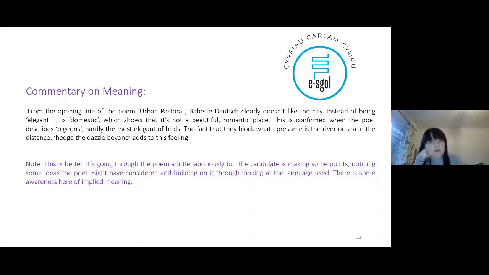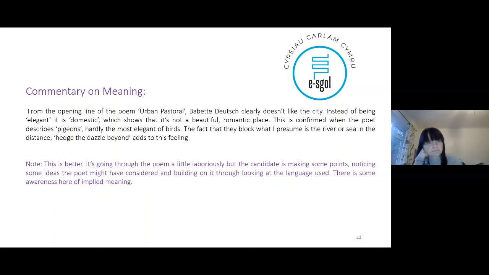Okay, and what you've got there is some awareness of implied meaning. So implied meaning is meaning that's a little bit hidden, and you've got to really look for it. Okay, so it all depends on your own individual perception of a certain aspect. Okay, so better than the first one, but still not what we'd be wanting to see in a good response